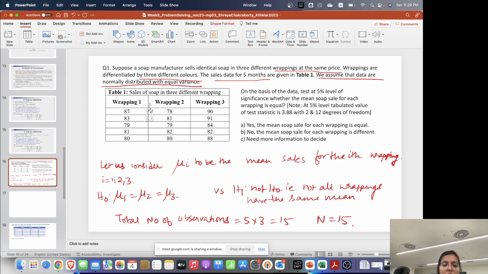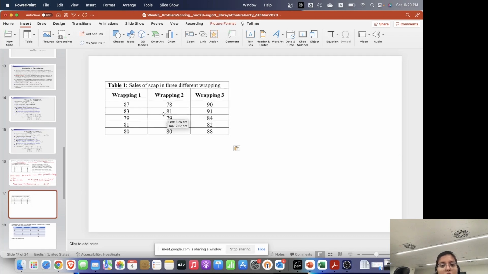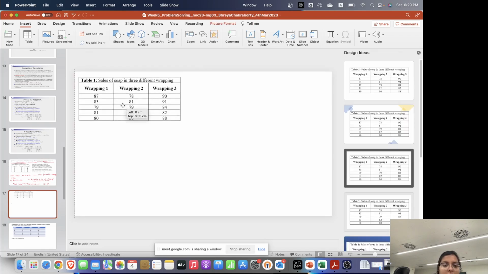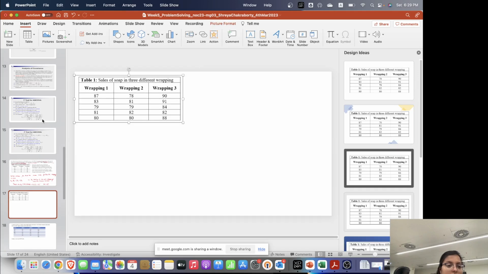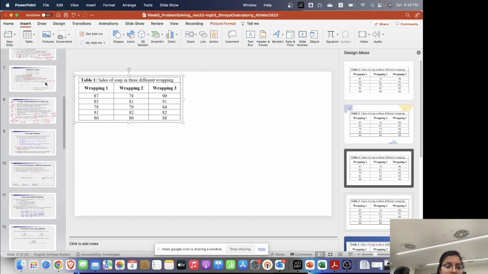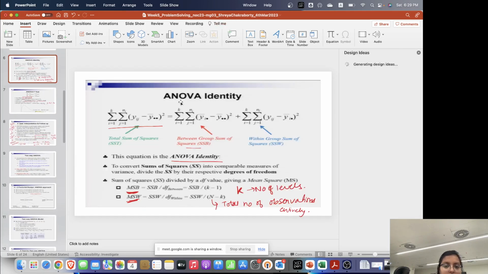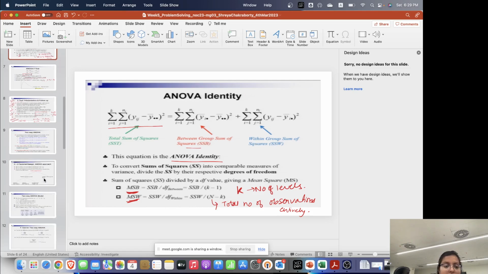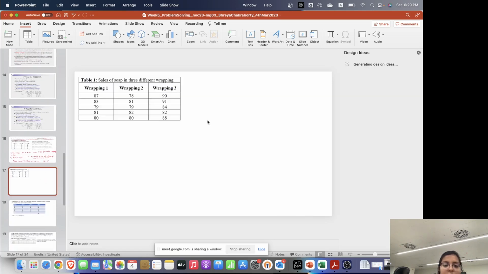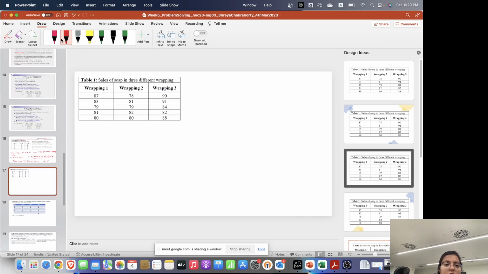Okay. So, before that I will take this to a new page. Alright. So, if we can see here, this is the total sum of squares between and sum of squares within that we need. So, if I write down the formula one more time over here, so sum of squares, one second,